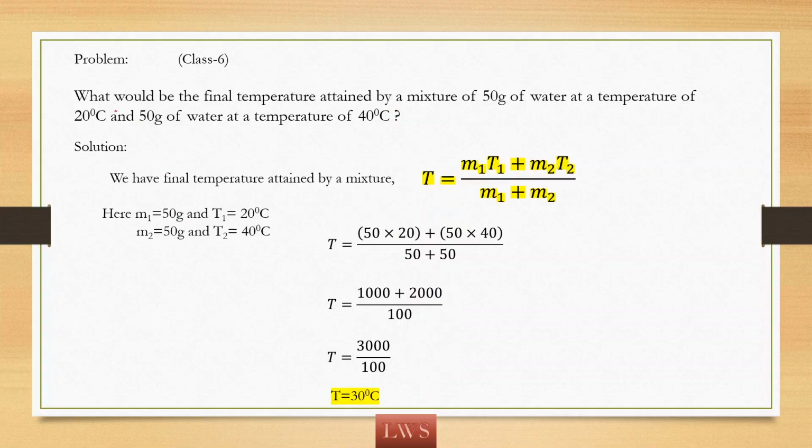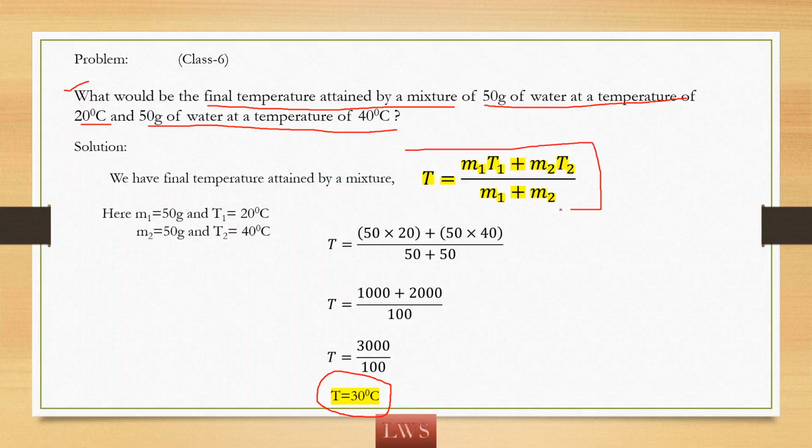Guys, in class 6, we have seen a problem. And in that problem, using method of mixtures, we tried to find the final temperature attained by a mixture. That mixture has 50 grams of water at a temperature of 20 degrees and 50 grams of water at a temperature of 40 degrees C. If you didn't watch class 6, please watch it so that you will understand how we solve this problem. In that problem, we obtained the temperature of the final mixture as 30 degrees Celsius, using the formula we derived from the principle of method of mixtures. So the same problem I am taking in a different manner to verify the principle of method of mixtures. So let us see.